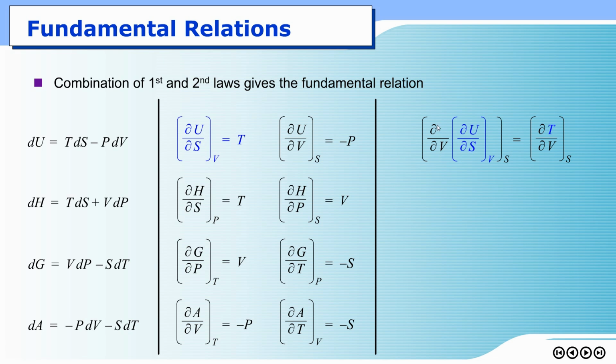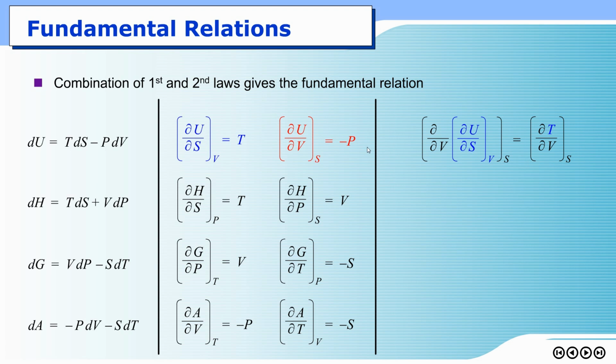I take derivative with respect to volume at constant entropy. If I do this on the left hand side, the right hand side must be done as well. So derivative of the right hand side, which is the temperature here, derivative with respect to volume under constant entropy. Okay,